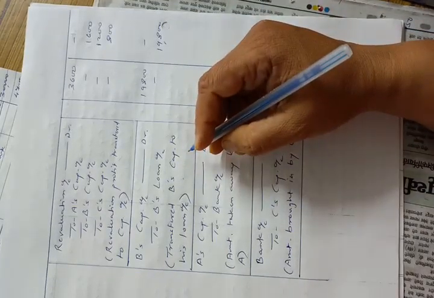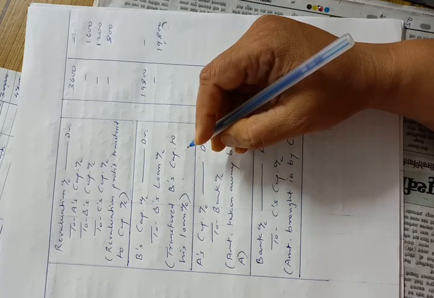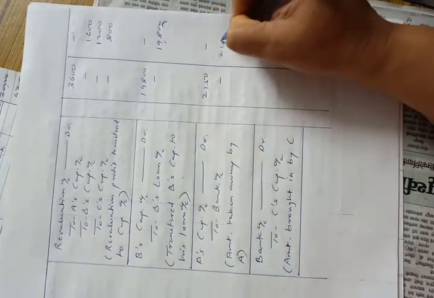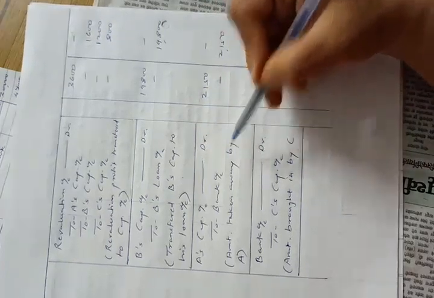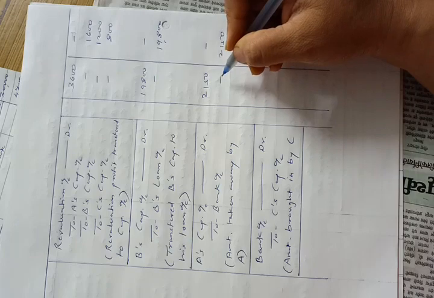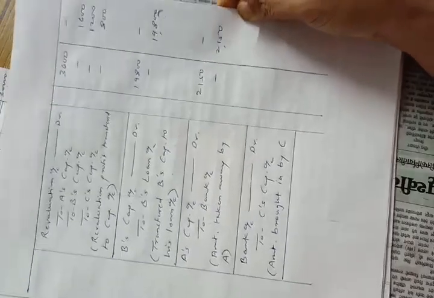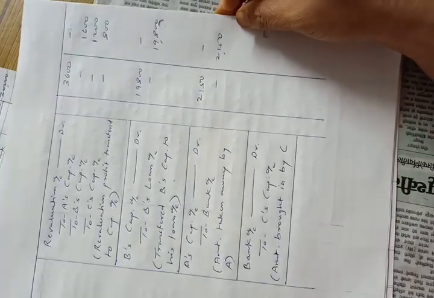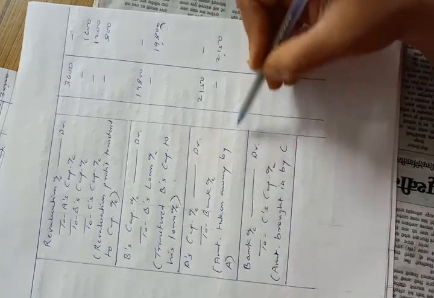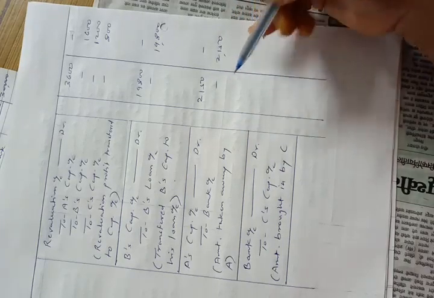Now after balancing A's capital account, we have calculated the amount 2,150. The entry will be A's capital account debit to bank account, because for keeping the capital account balance in their new profit sharing ratio, that is 5:3, A has to keep rupees 17,500 in the business. For that purpose, he is taking away the extra amount, that is 2,150, from the business.